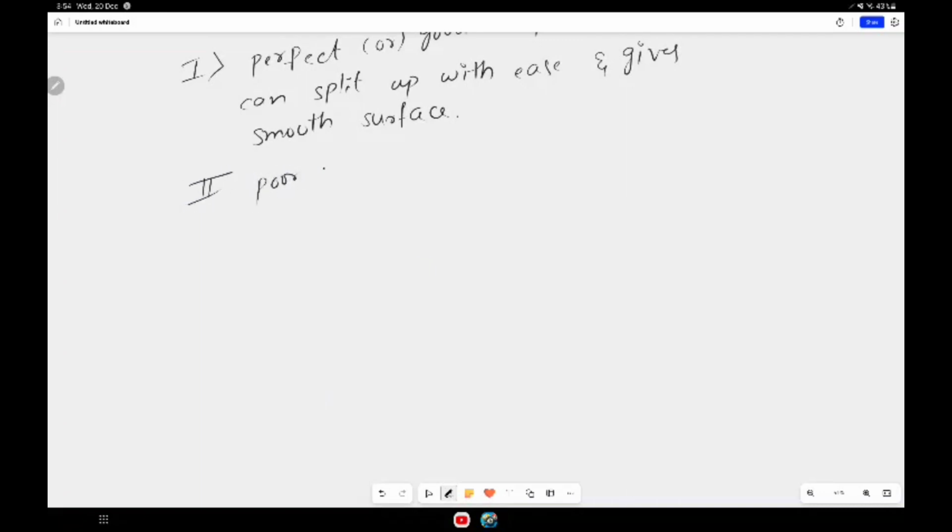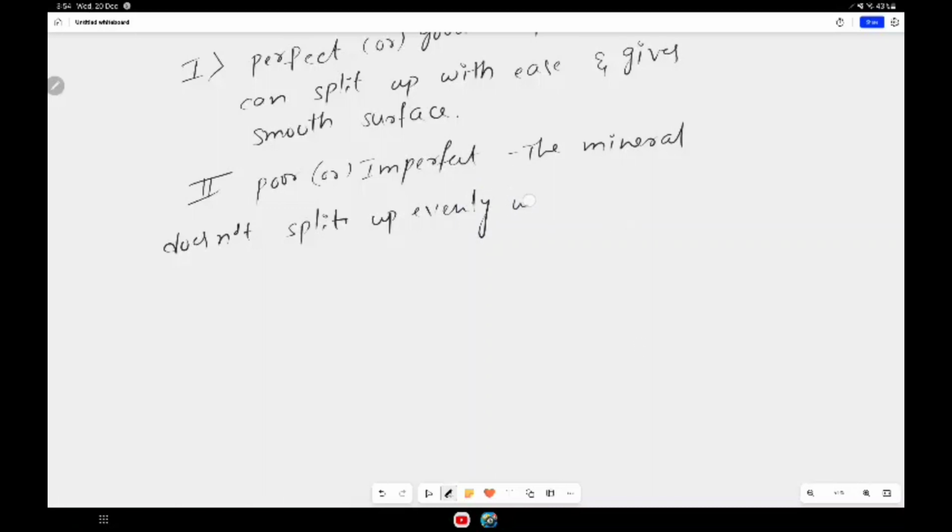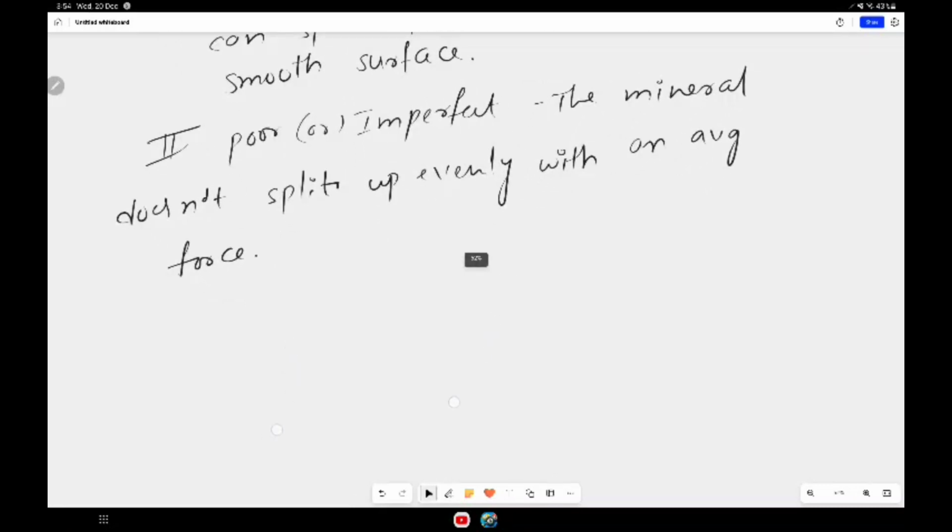When it is poor or imperfect, the mineral does not split evenly with an average force. This is cleavage. Next, final one,